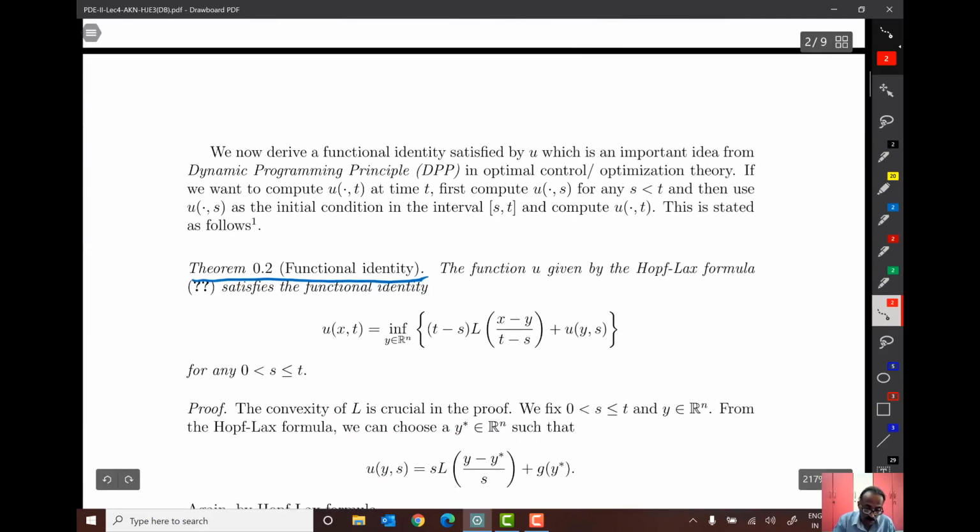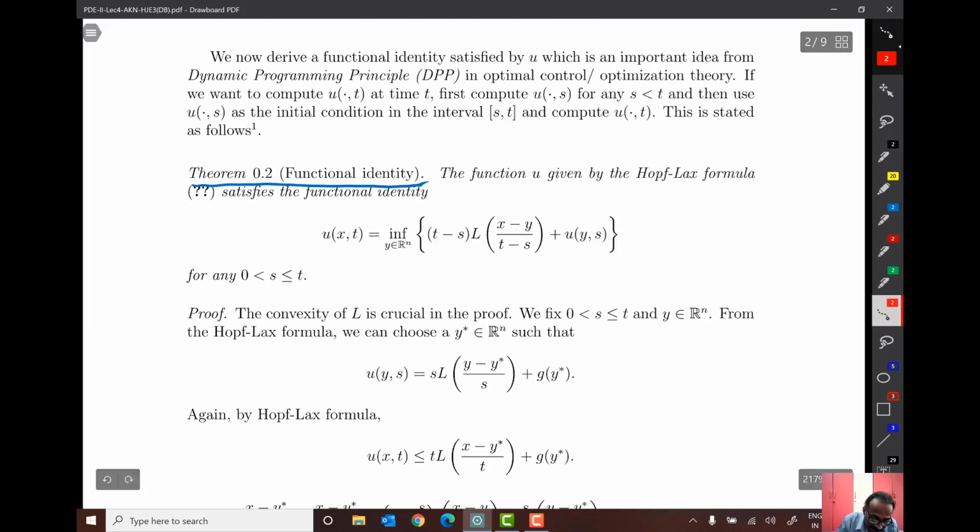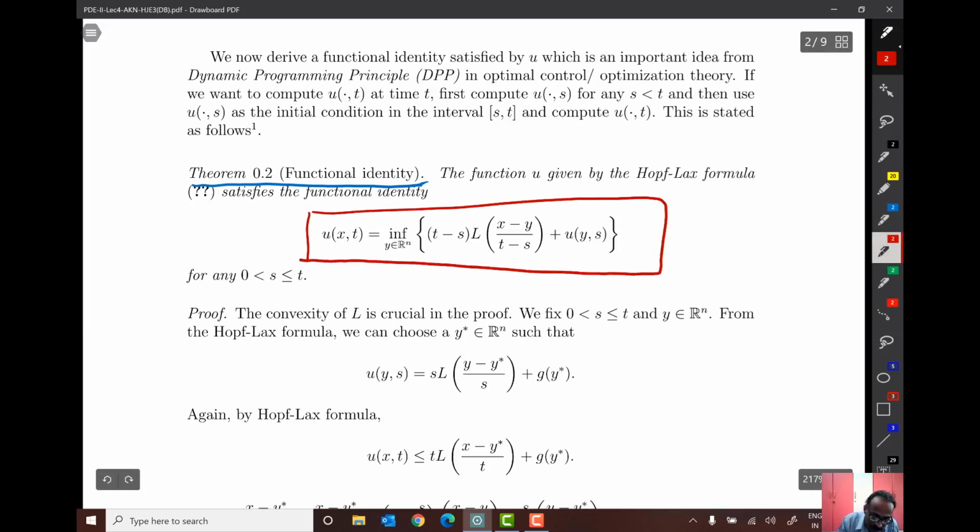What we want to do is understand certain properties, showing that it satisfies a certain Hamilton-Jacobi equation. First we need to introduce what a Hamiltonian is, which we will not do today, maybe in the next lecture or a lecture after that. What we have seen is that there is a functional identity relation. This is a very, very important formula. u(x,t) is equal to,